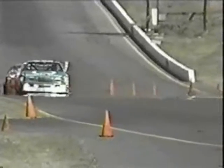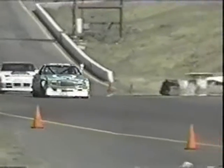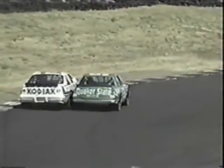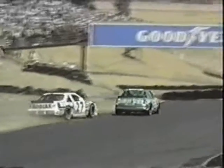All right, thank you very much. It's Ricky's 10th Winston Cup career win and his best finish of the year. Needless to say, his previous best finish was a 4th at Richmond. Now, here's a replay of the incident in turn number 7. And we saw some passes earlier here. This is not just an everyday pull-up alongside the guy. We did see some cars pass, and they go. Rusty Wallace has the advantage right now, but he runs out of racetrack. Ooh, in the dirt. And I tell you what,